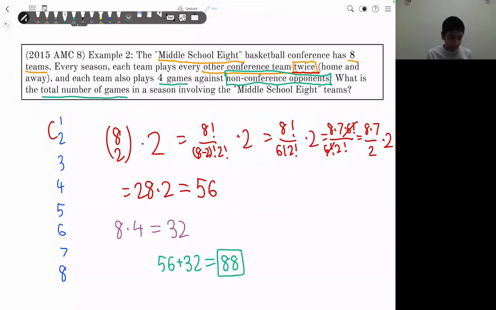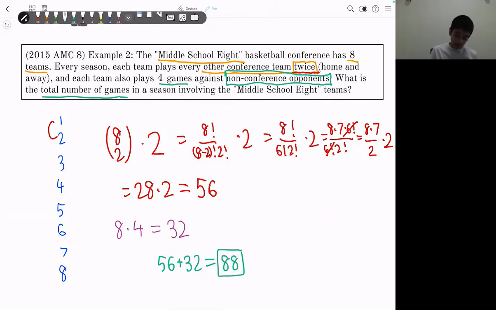And remember, the key ideas from this problem is that first we found the number of ways that each team plays every other conference team twice. This would just be 8 choose 2 times 2, since there's 2 ways to choose 2 teams to play against each other, and each team plays twice against other people. And then the second case is also going to be 8 times 4, since each team plays 4 games